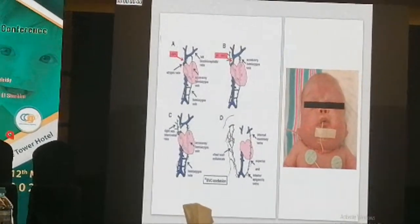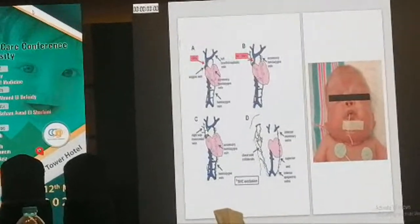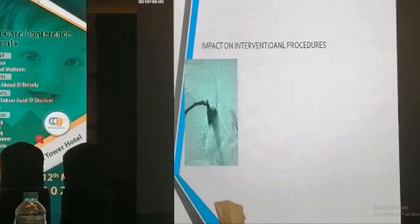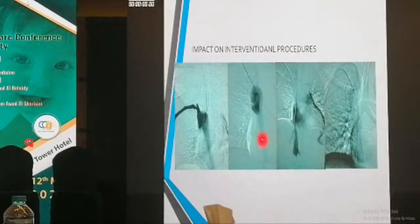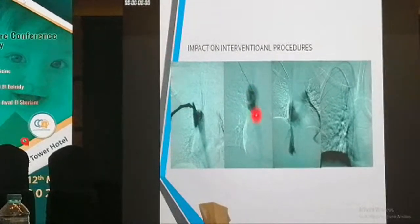In complex cases like central venous occlusion, you have to refer the case to the interventional radiology department, and so further management could be done. One of the interventions we do is the recanalization of central venous occlusion. Like in this case, a puncture was done to the right brachiocephalic vein, complete occlusion of the SVC